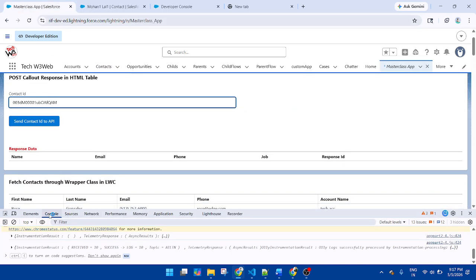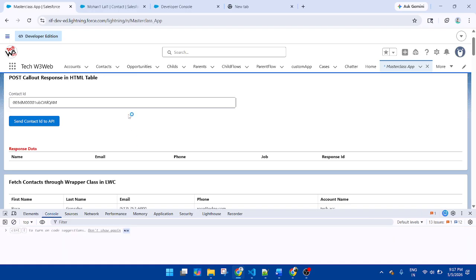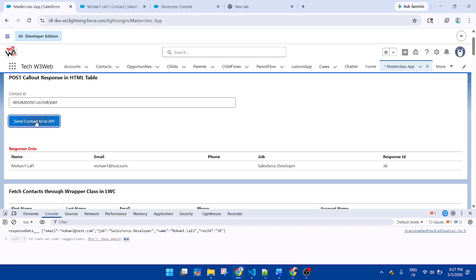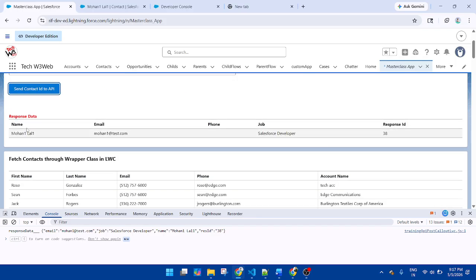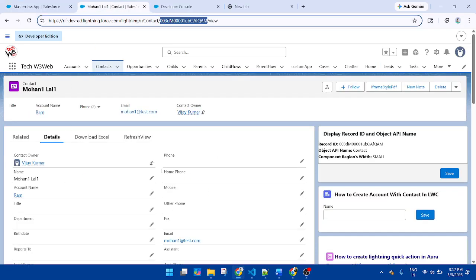Okay, now clear. So now it will display both the console log as well as the table. Both data will be the same. Now click. Yeah, you can see name and email, but phone is not coming, because if you check the record, the value of phone is not there, so it displays null.